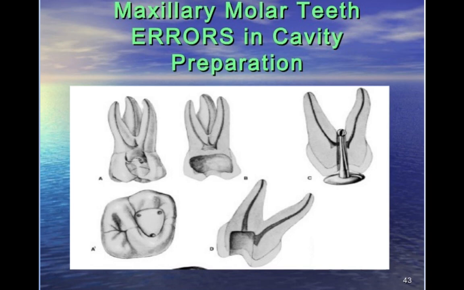If we continue preparing with a round bur and high-speed handpieces, we may easily perforate that area. That's why, if the pulp chamber is calcified or there are denticles at the mouth of the canals,